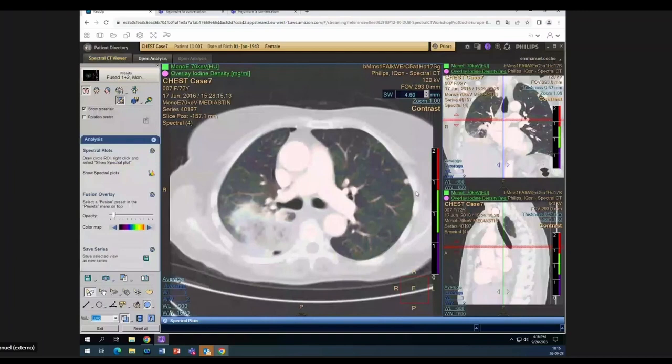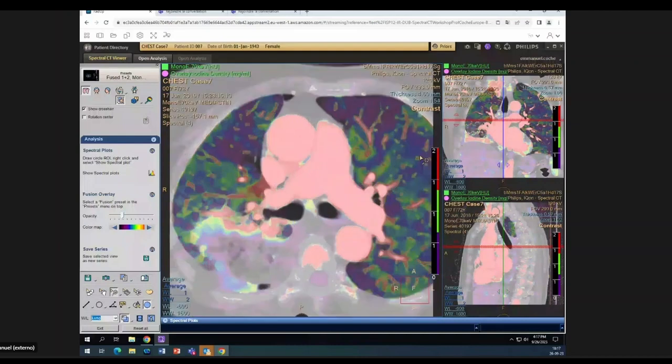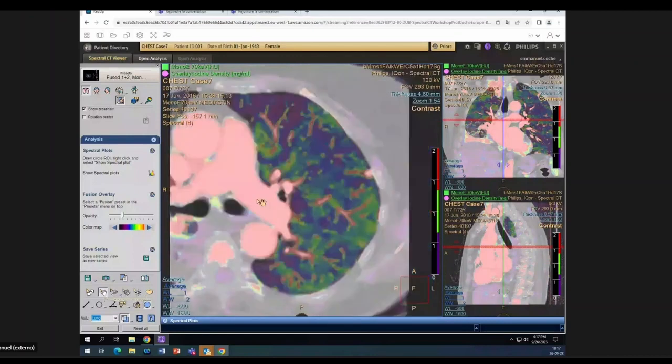So here is the lung nodule, and you can play with the opacity. You can zoom: on the right-hand side button, you select zoom. The pan button, you take this one on the left-hand side column. You displace your volume of interest. You take the region of interest. You put a circle inside the lung nodule